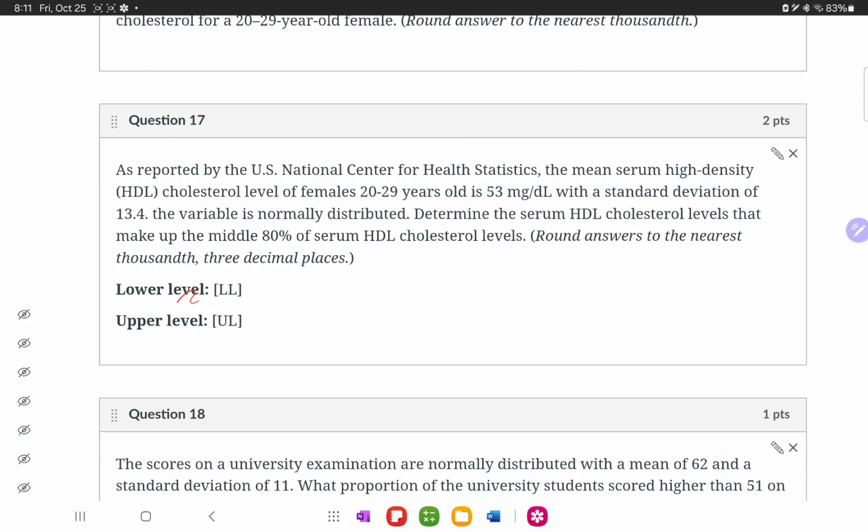And we have to provide two answers for this question. One would be the lower level HDL, and the other would be the upper level of the HDL. Now, we start this question by first drawing a normal curve, a diagram. So what I'm going to do is draw a diagram of a standard normal curve, right? Begin with, just a second, this is our